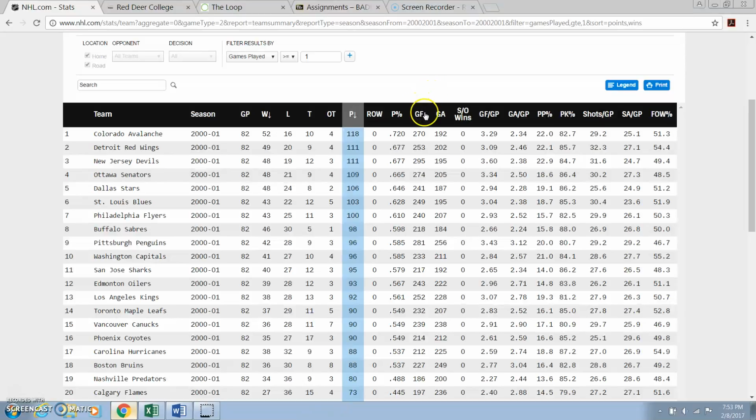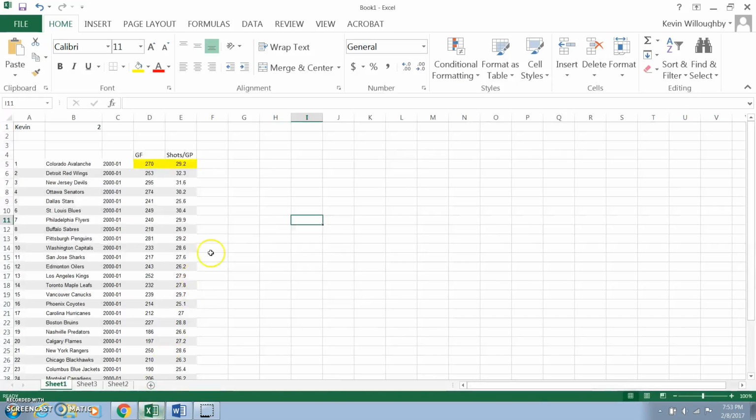So if you go back into the website, if you just scroll over various column headings, it will then tell you what it represents. So PK percent stands for penalty kill percentage. So in your report, just tell me if you've chosen that column, tell me that PK percent means penalty kill percentage. I don't need any more than that. So once it's in Excel,